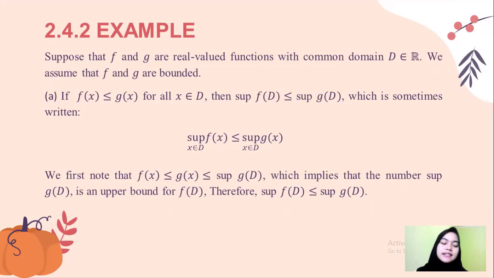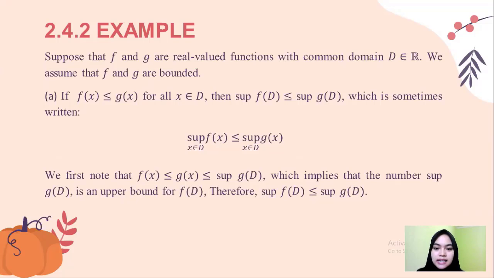For the next, here is Example 2.4.2. Suppose that f and g are real valued functions with common domain D, a subset of the real numbers. We assume that f and g are bounded. For part A, if f(x) is less than or equal to g(x) for all x in D, then